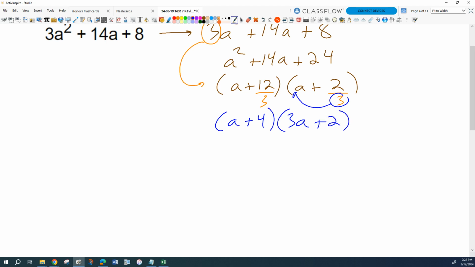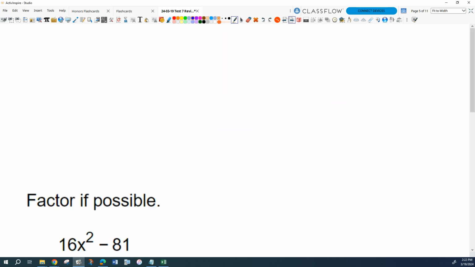Now, how could we check this? Because on a test, it'd be a good idea to check. Super easy. Just multiply it out. Distribute the a, distribute the 4, add like terms, and you should get that. If you don't, something's wrong. You better go look closer. Okay? That always works with factoring. You can always multiply stuff out and see if you get what you started with. Okay, so now,